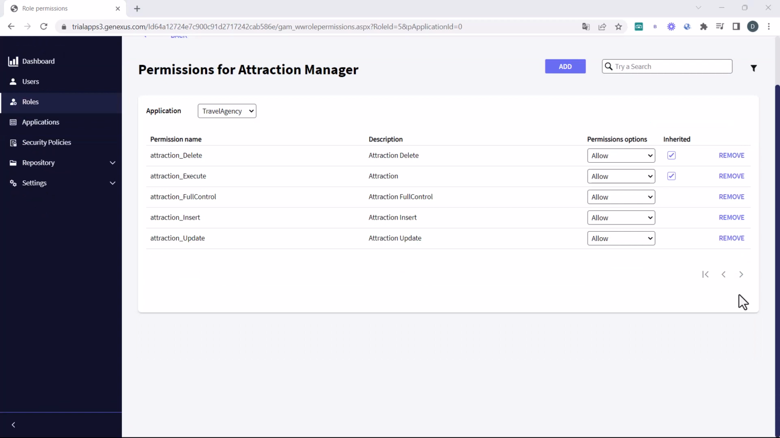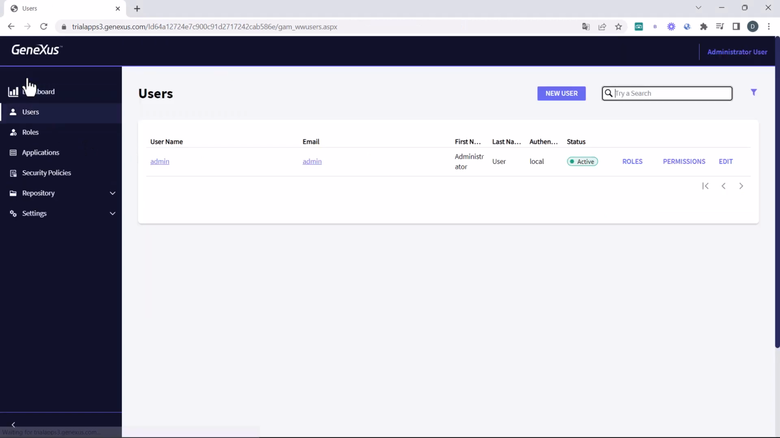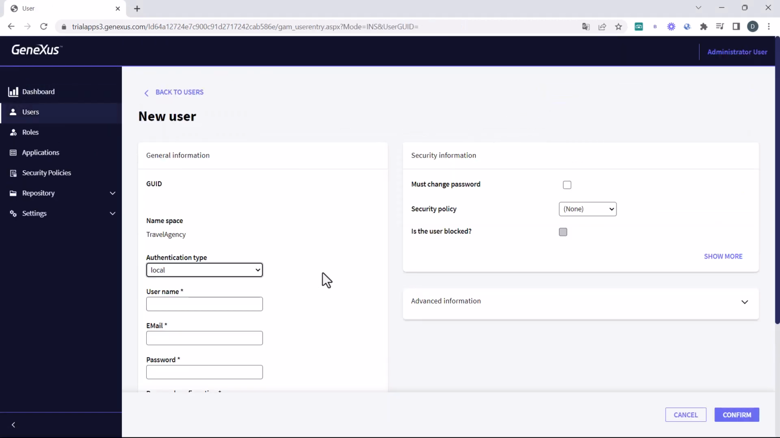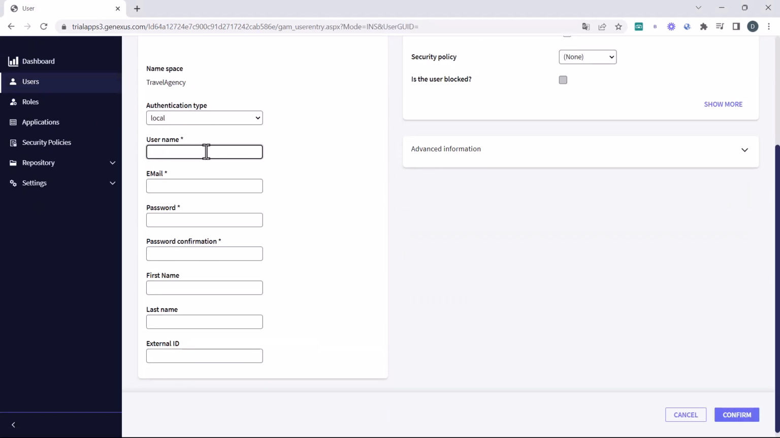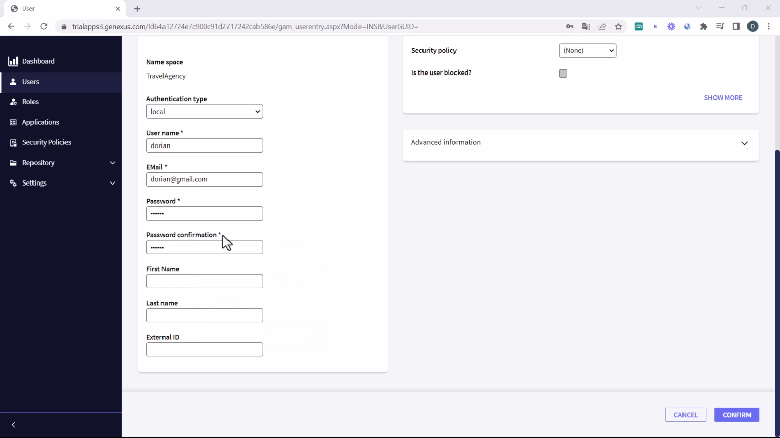Now we need to add a user to have this role assigned to him or her. To do so, we go to the Users option and to the New User option. We'll see that some fields have an asterisk, which indicates that they're mandatory. We add the user Dorian with an email and a password, and add his security policy. We confirm, access the newly created user Dorian,